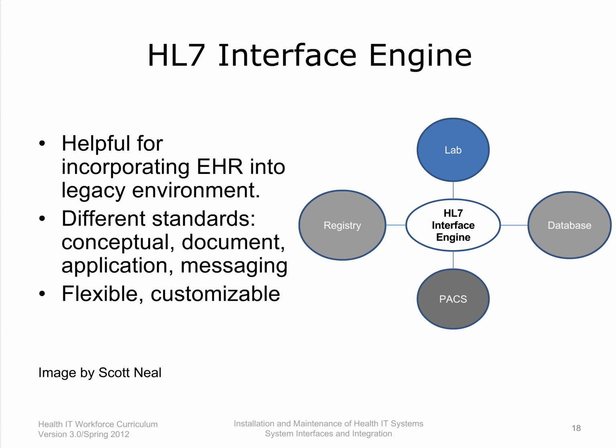An HL7 Interface Engine, as we discussed before, is a piece of software which works as a go-between for different systems. Like any other interface engine, it works by monitoring different types of interfaces and communication points and performing actions according to predefined rules. HL7 engines can be purchased from many vendors, and each works with a number of standards: